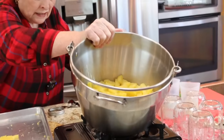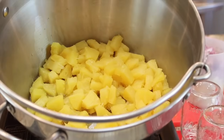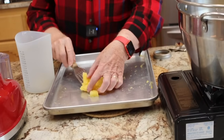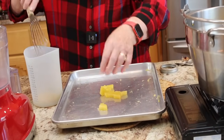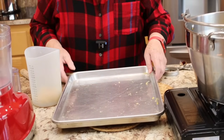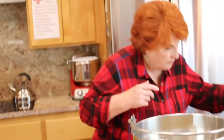Well, we have a little problem. 2 pineapple as called for in the recipe did not equal 6½ cups. I already have put 4 cups in our pot. And I have this much left, which is very short. Luckily,